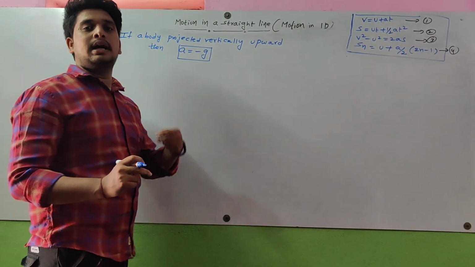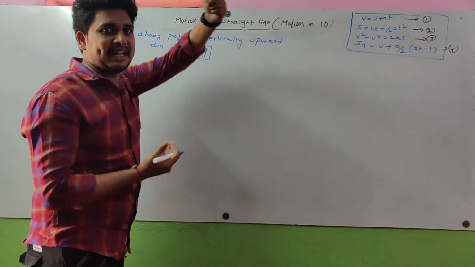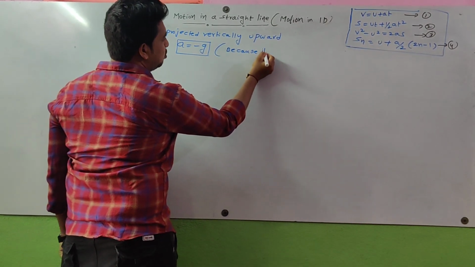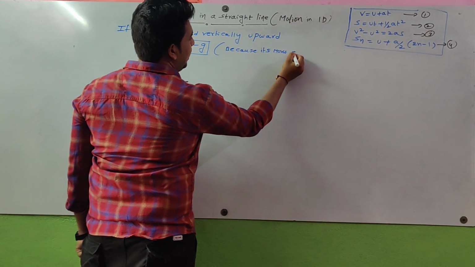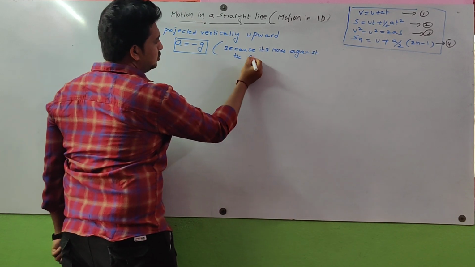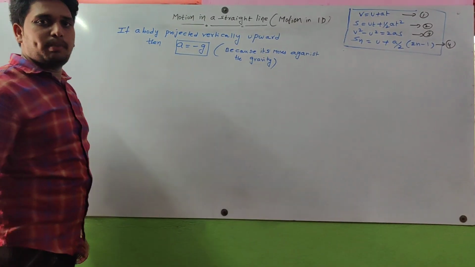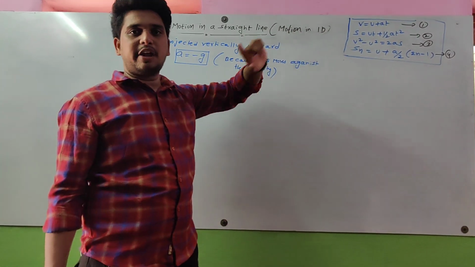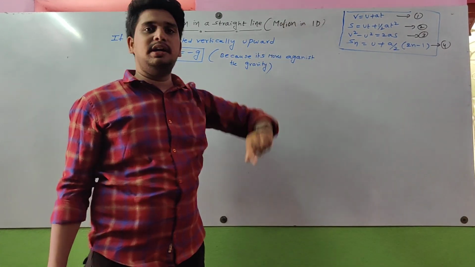That means here the body's direction of motion is opposite to the gravity, against the gravity, because it moves against the gravity. So that's why we are taking a is equal to minus g. Already I substituted a is equal to minus g in the first equation. We got time of ascent t_a is equal to u by g.